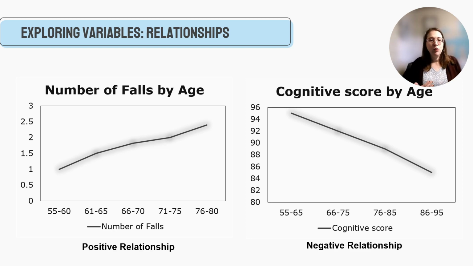Maybe you say, you know what, I also want to look at cognitive functioning, because maybe you think there might be a relationship between age and score on this cognitive functioning measurement tool. And so maybe what you find is that as people's age goes up, their cognitive score goes down. So one variable goes up, one goes down. And that's what makes up a negative relationship. So again, a positive relationship is where both variables either increase or decrease. A negative relationship is where one increases, like age, and one decreases, like cognitive score. So those are the different types, positive and negative relationships, that you can find.